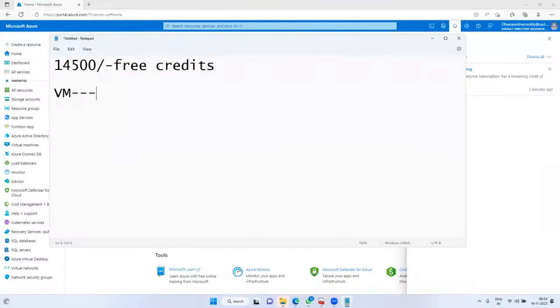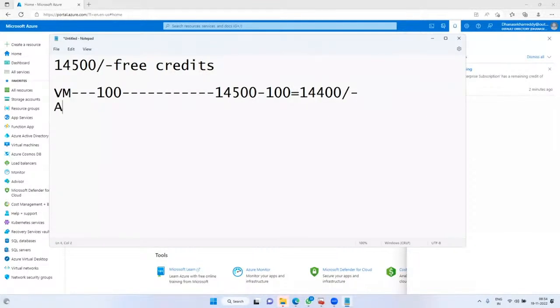Assume the virtual machine cost per day is 100 rupees. Today you have worked on an Azure virtual machine for one day. So out of 14,500, they will debit 100. By tomorrow you can see 14,400. So for every service, charges are applicable and they would be debited from your free credits itself.